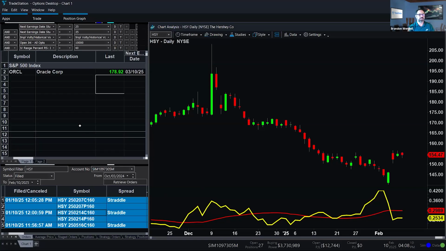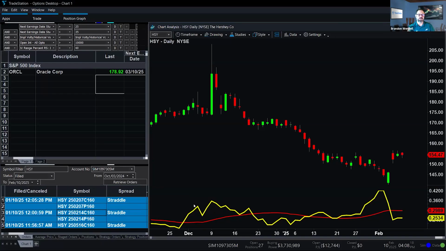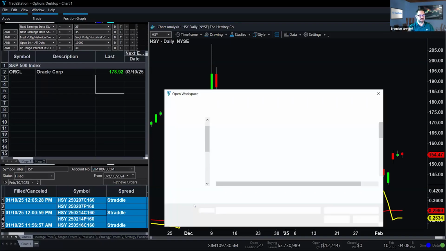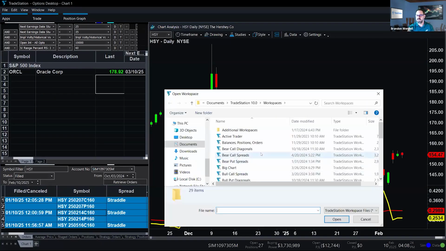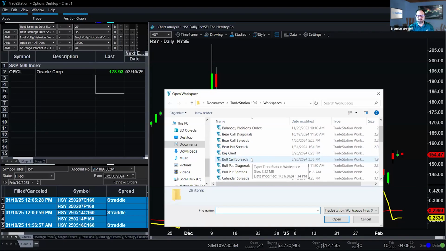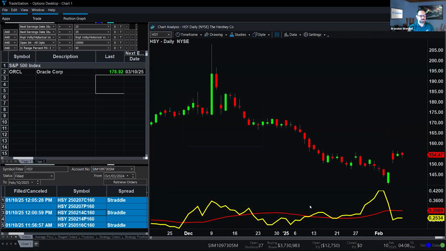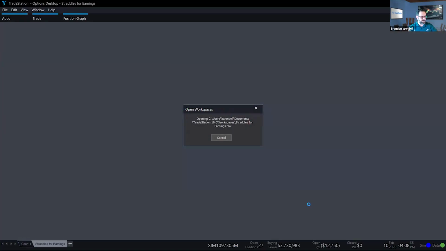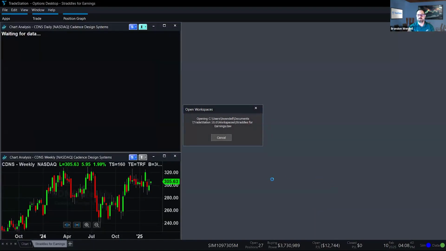As a matter of fact, what was I going to look for here? Oh, I was going to open a new workspace. And these workspaces are available in the Options Education Center for download, of course. And yeah, we can talk a little bit about the trade manager analysis if you've got some questions. I was going to walk through some of the trades as well, but I was going to look for, let's see, where is it here? Straddles for earnings, which I had open prior with you guys. There we go. It just takes a moment to open.